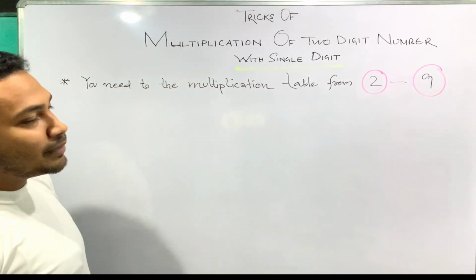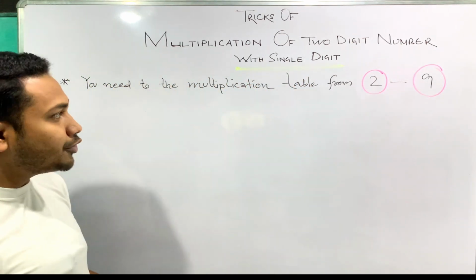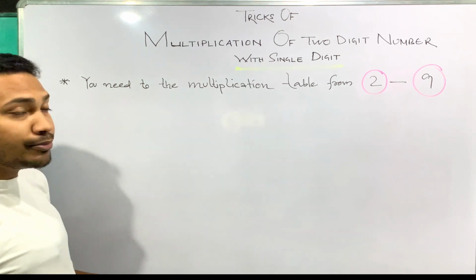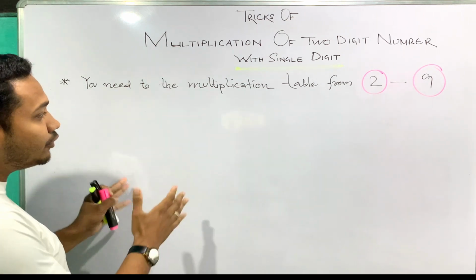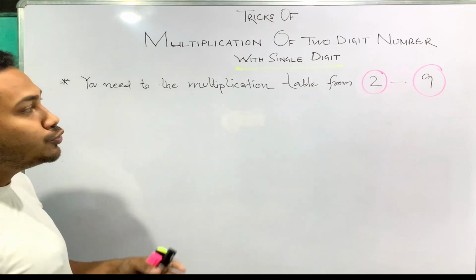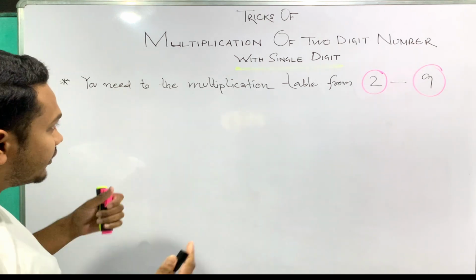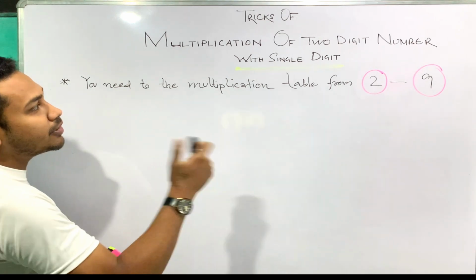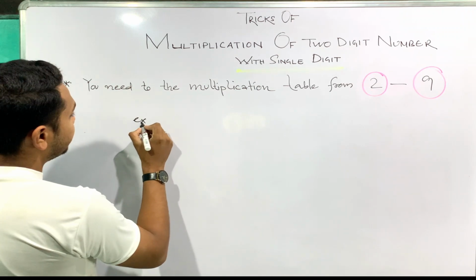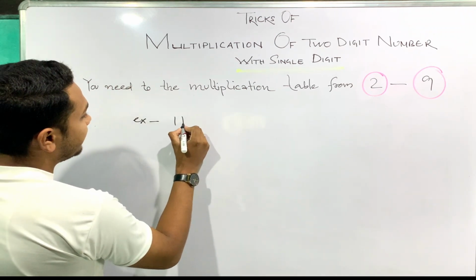So for that you need to know the multiplication table from 2 to 9. Now coming to the multiplication table of 10, it is quite easy for you. Next, coming to the multiplication table of 11. From 11 we are going to start how to do multiplication of any two-digit number with a single digit. So let's take an example like 11 into